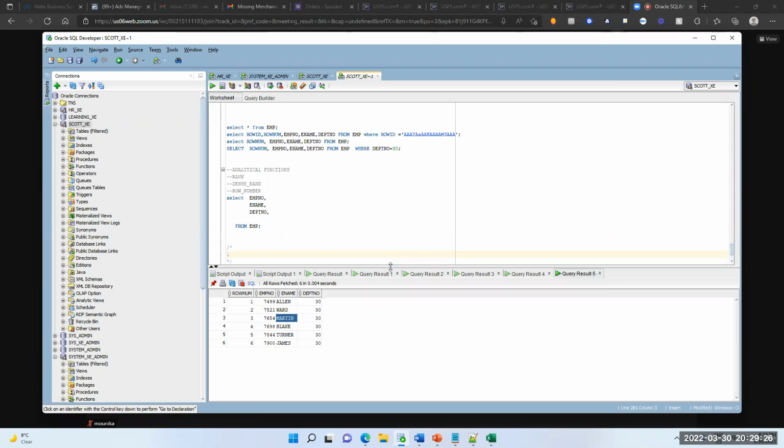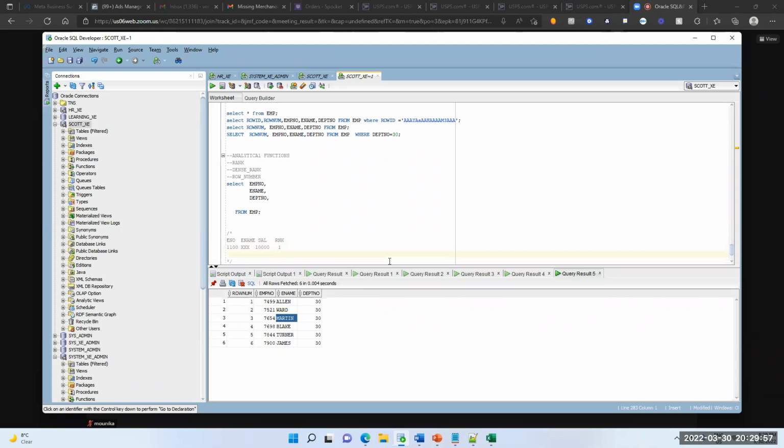I'm giving examples. Don't think these are the constant numbers, okay? I'm giving some x. Salary is 10,000, rank is 1. So I'm giving E number, E name, sal, rank.